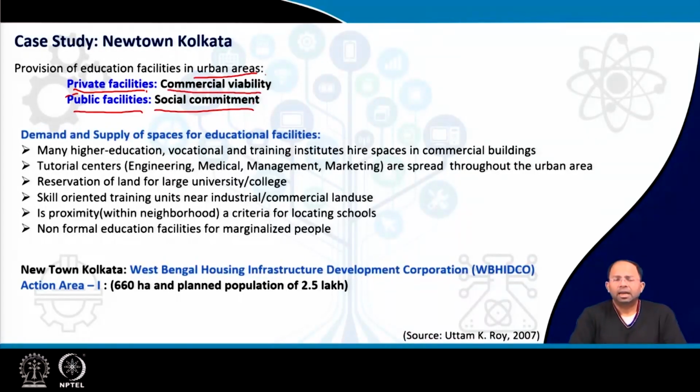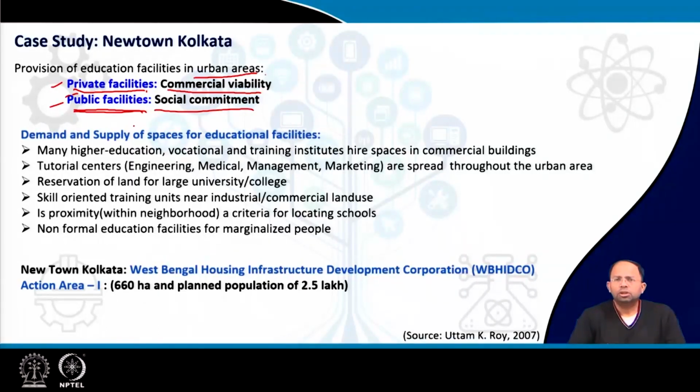That means a company can determine that they can make profit by opening up a school, and based on this commercial viability, private facilities are opened up. And of course, because people pay for these private facilities, they can also avail better services compared to public facilities. But at the same point of time, public facilities also can be equally good based on the government effort to provide